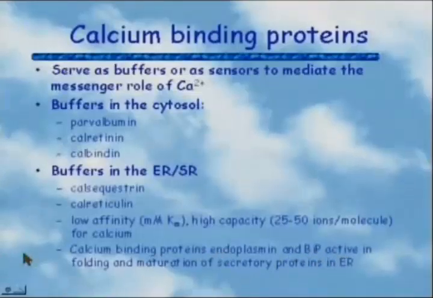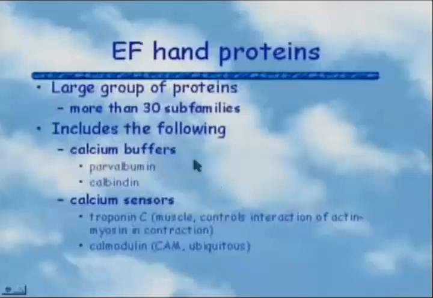The calcium binding protein of the endoplasmic reticulum and the BiP are active in folding and the maturation of secretory proteins in the ER. So this calcium binding in the ER is not just for sequestration. It has divergent functions, especially related to post-translational processing of proteins, especially secretory proteins. There are a large group of proteins, more than about 30 subfamilies, which include the following: the parvalbumin and the calbindin. These are the buffers,